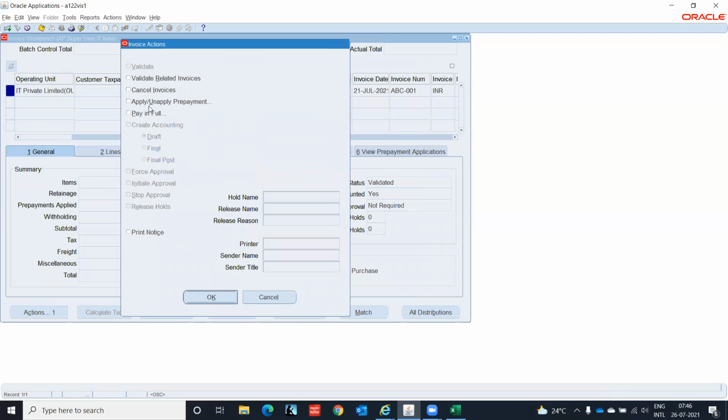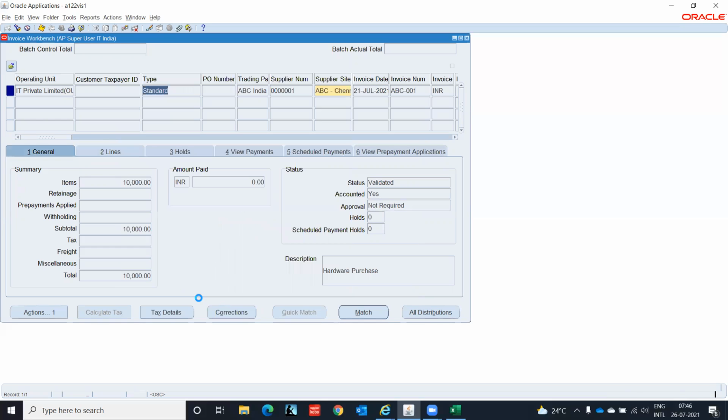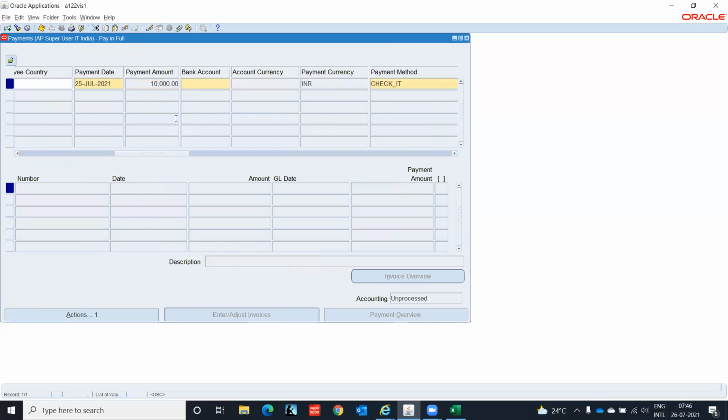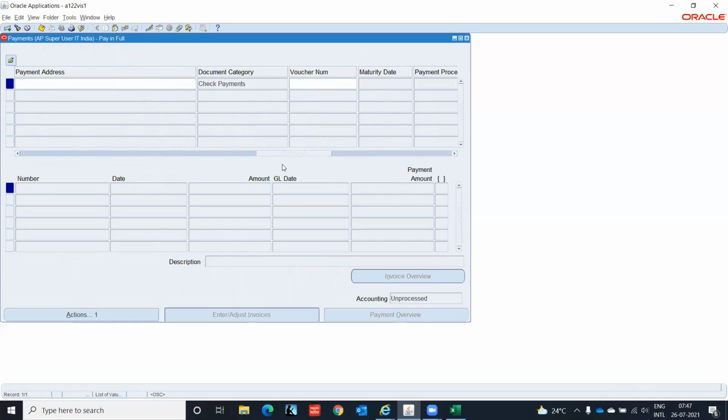Actions, pay in full. Okay. It will take me to the payment screen. Here I select the bank account. Payment method, check IT, payment process profile, IT domestic payment process profile, check number has come. All this detail is okay. Now,